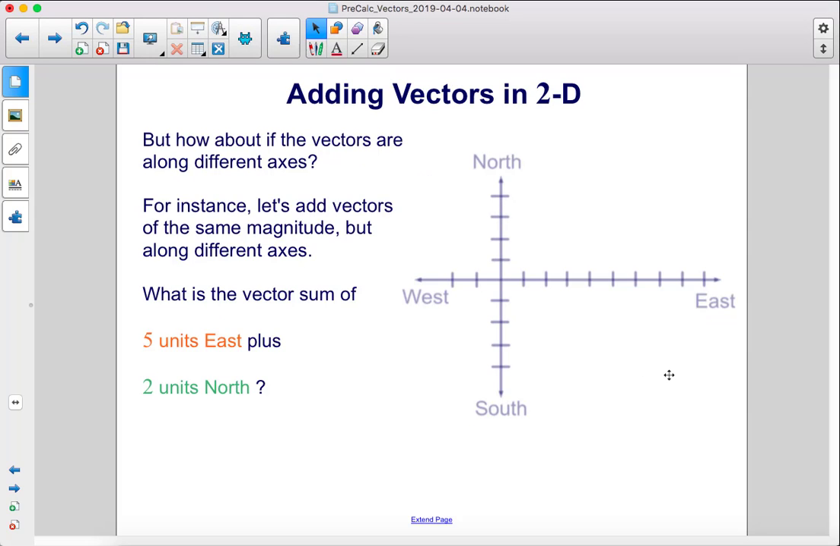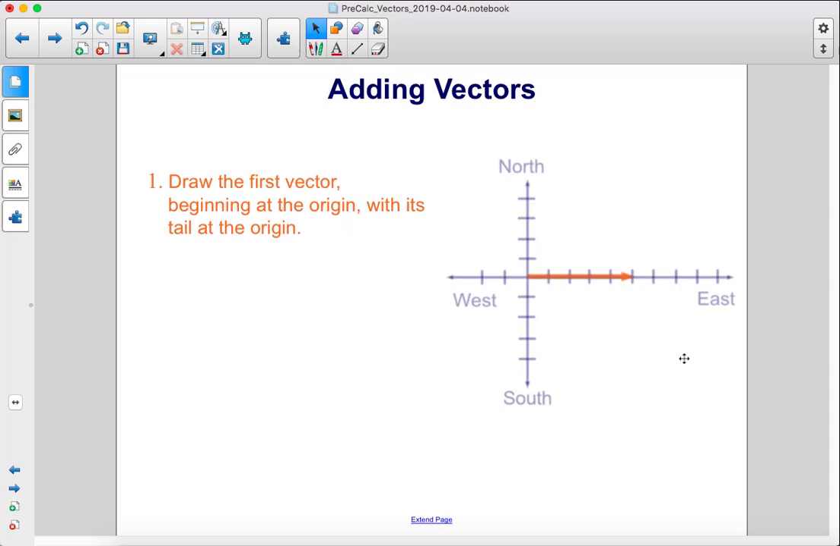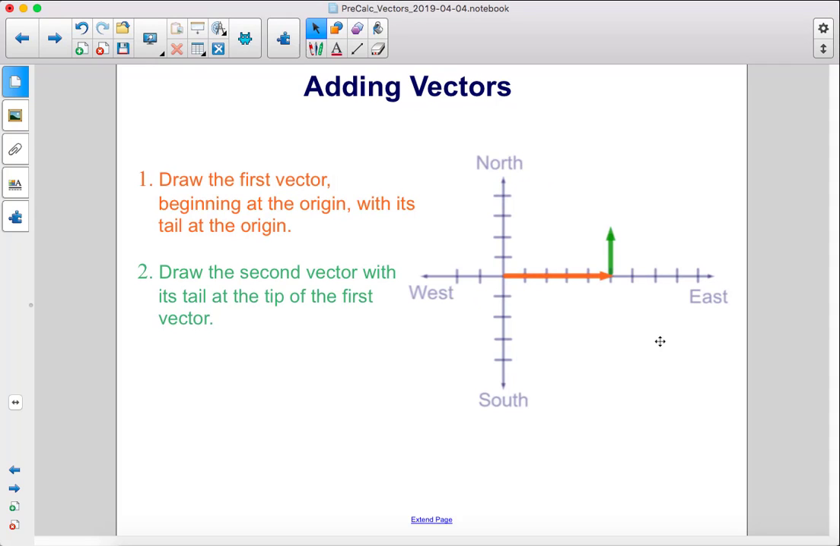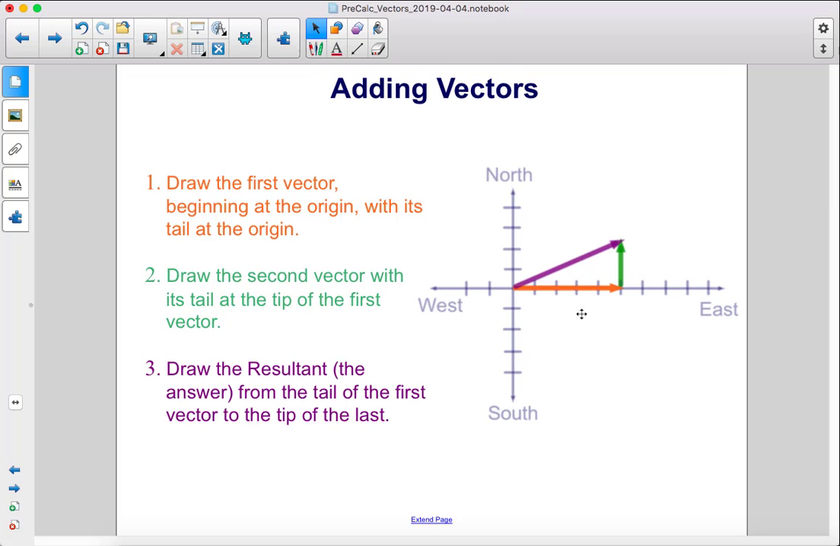But how about if the vectors are along different axes? For instance, let's add vectors of the same magnitude but along different axes. What is the vector sum of 5 units east plus 2 units north? First, we draw the first vector beginning at the origin with its tail at the origin. Then, we draw the second vector with its tail at the tip of the first vector. Finally, we draw the resultant, or the answer, from the tail of the first vector to the tip of the